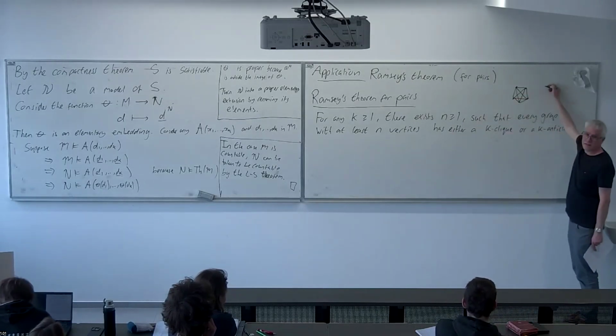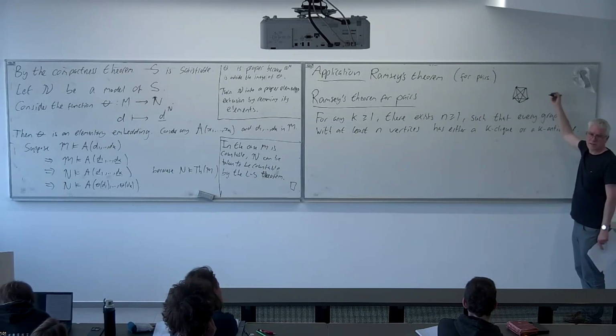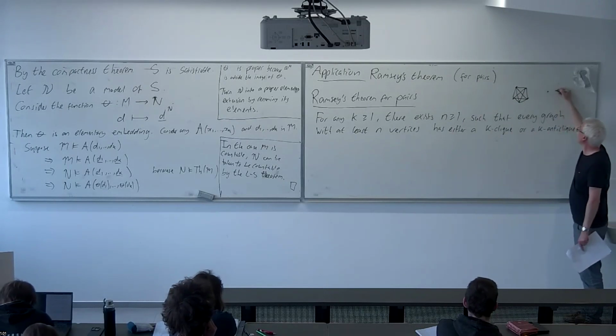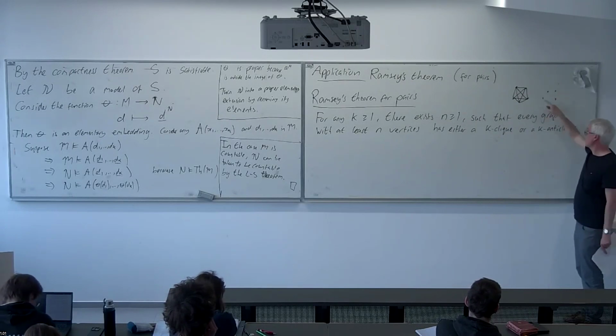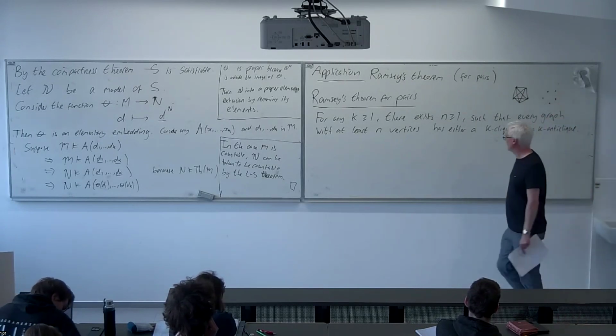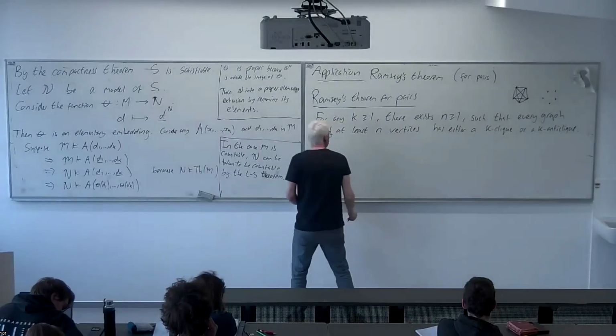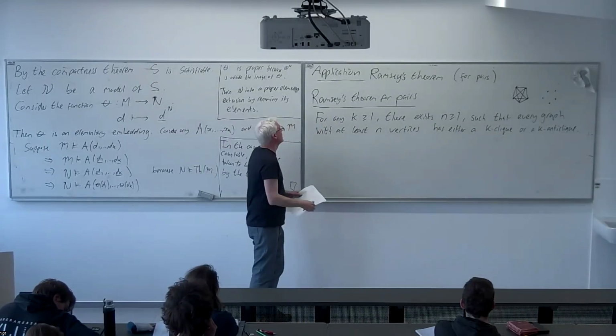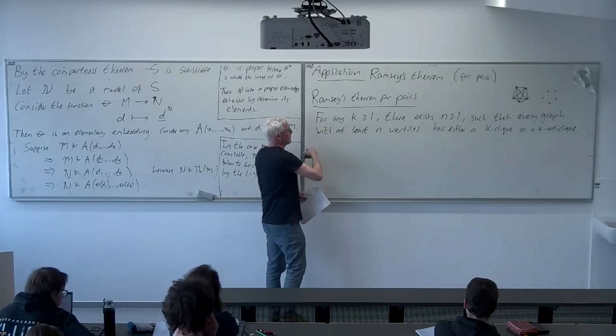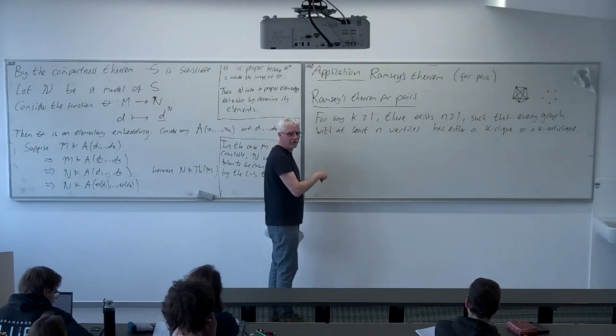A k anti-clique, also sometimes called a k independent set, is the opposite. So it's a set of k vertices such that there are no edges between any of them. Okay. And apart from being very important in combinatorics, this is of interest for